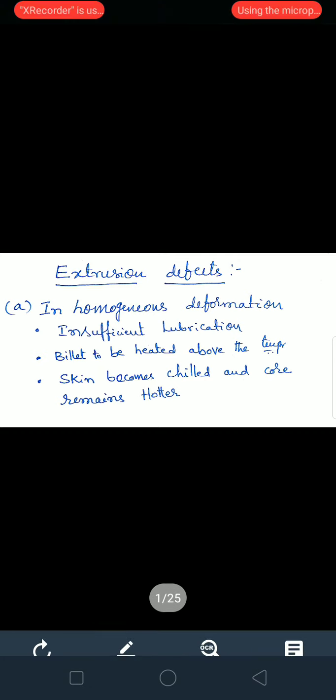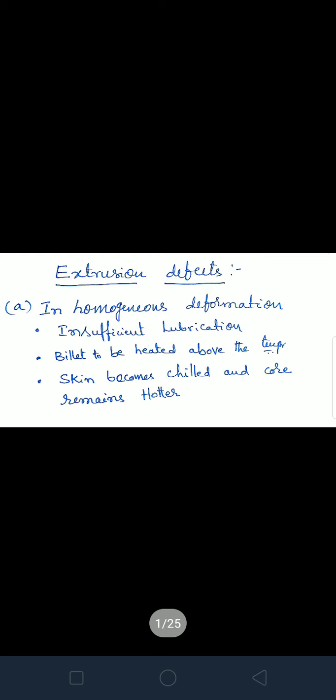Regarding metal flow in extrusion, normally the metal flow pattern will be disturbed, and it is difficult to obtain homogeneous deformation and to distribute the extrusion stresses throughout the hot billet. Due to this reason, the metal is subjected to a dead zone at the exit of the die, and therefore there are also some difficulties or defects in the extruded part.